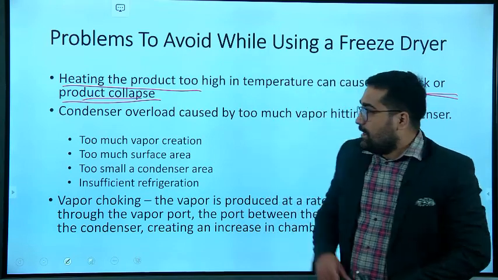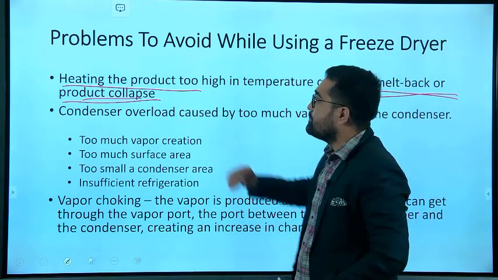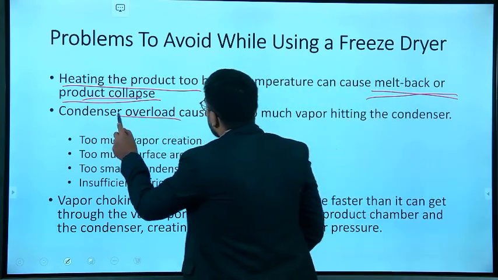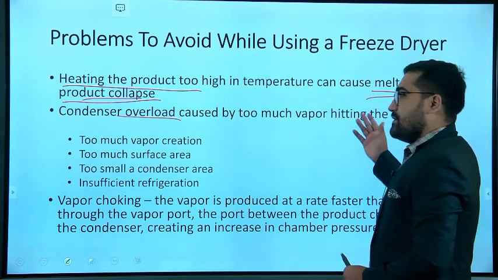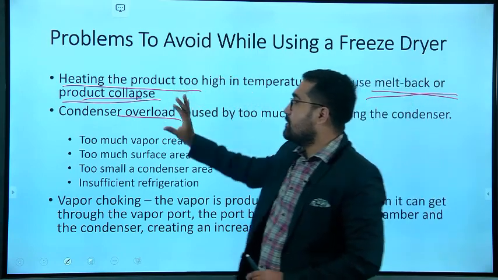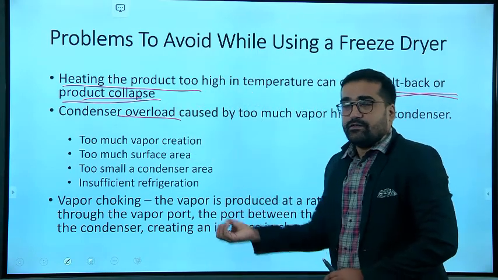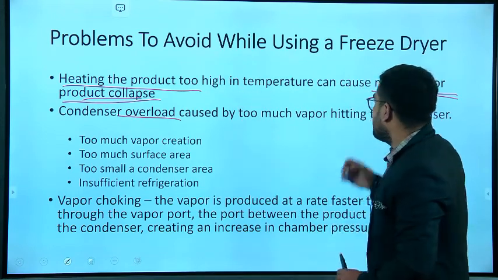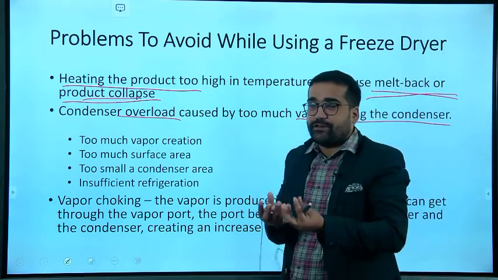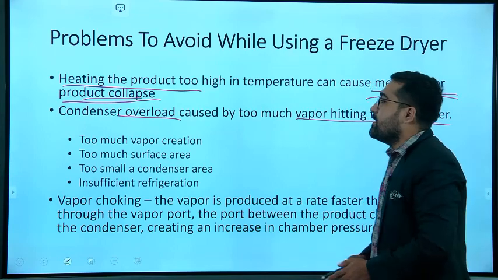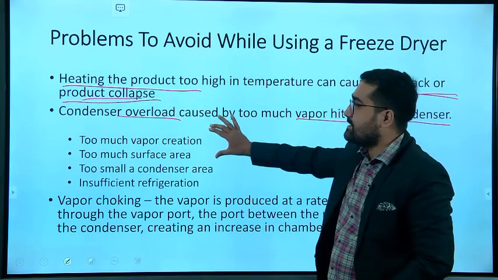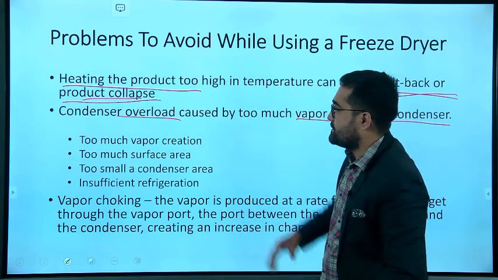In primary drying we also see the condenser. So what happens when the condenser overloads? What is the problem? When we are drying, water vapor evaporates and starts hitting the condenser, because the condenser is on the top. When it hits the condenser, it will block some pathways inside the condenser and the condenser overloads.